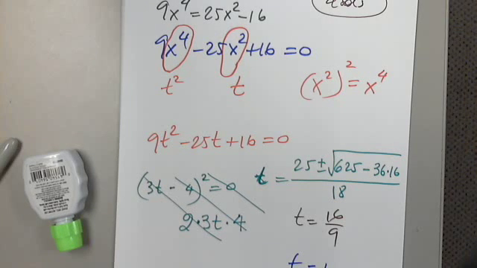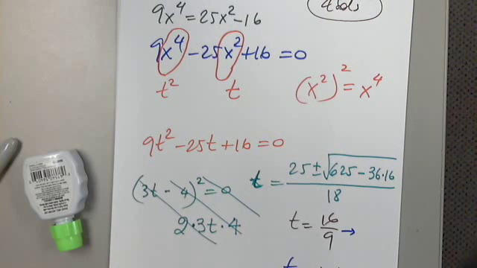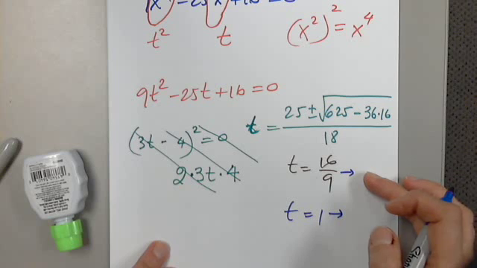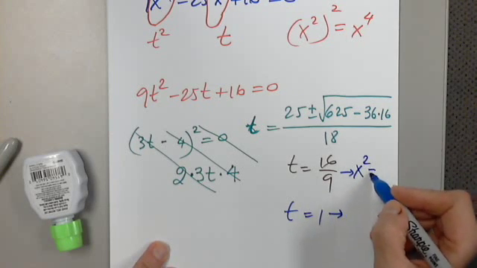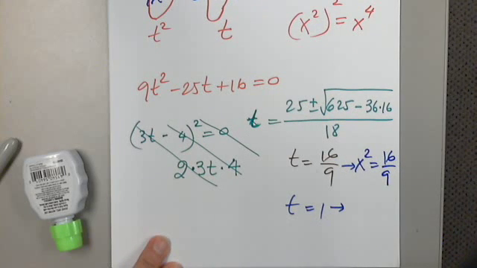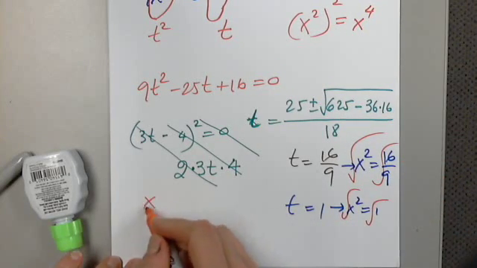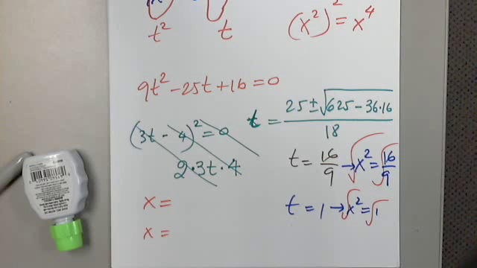So now we have two equations. Can anyone give us this equation and then somebody this equation? Which equation is this? T equals 16 over 9. X squared equals 16. Awesome. And the other one? X squared equals 1. That's it. That's all I needed. So how do I solve these two? The most appropriate method, you can factor, you can do other things, but the most appropriate method is taking square roots here. That's the easiest and the shortest. So then x equals and x equals. From the first one,